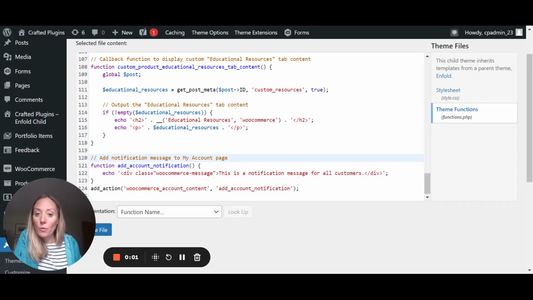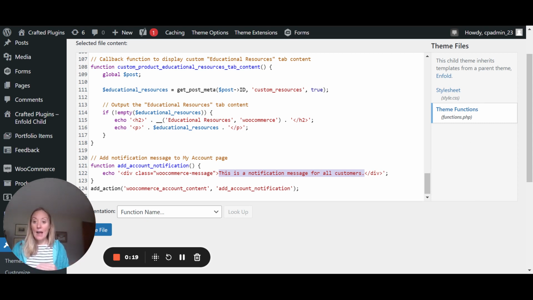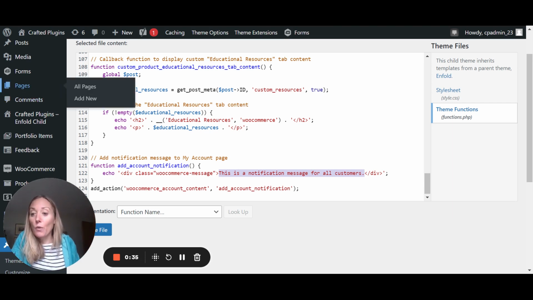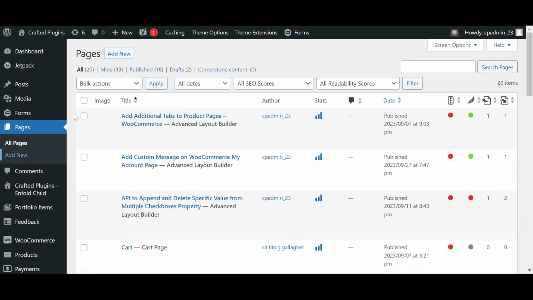In the second part, we are going to be adjusting this note right here so that it actually pulls in content from another page rather than having to go to the Functions.php and adding in content here. So this is great if you have a store admin who needs to be updating sales information, but you don't want them adjusting any pages or any files that could affect the overall site. So the first thing that we're going to do is we are going to create the page,